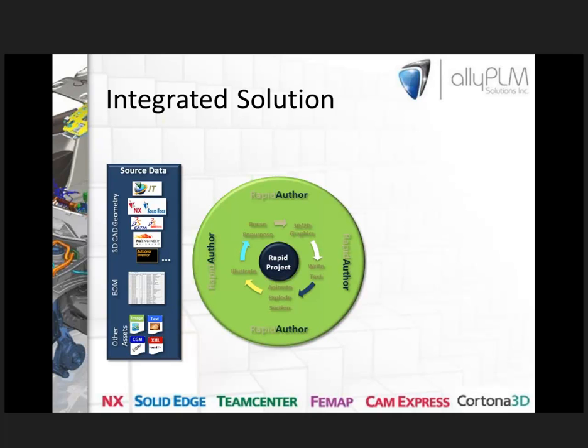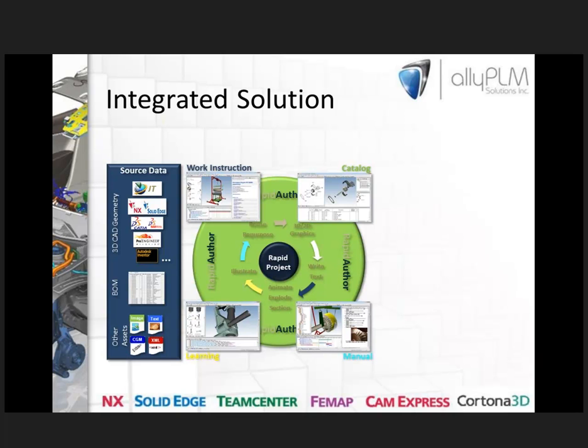We then bring that into something we call a project, which is within the Rapid Author Suite. The tools there then allow you to work on that data in multiple areas. We'll talk a little bit about those briefly. You can kind of think of Rapid Author like you might think of Microsoft Office, that there are separate tools within Rapid Author, just like Excel and PowerPoint are different tools within the Office suite